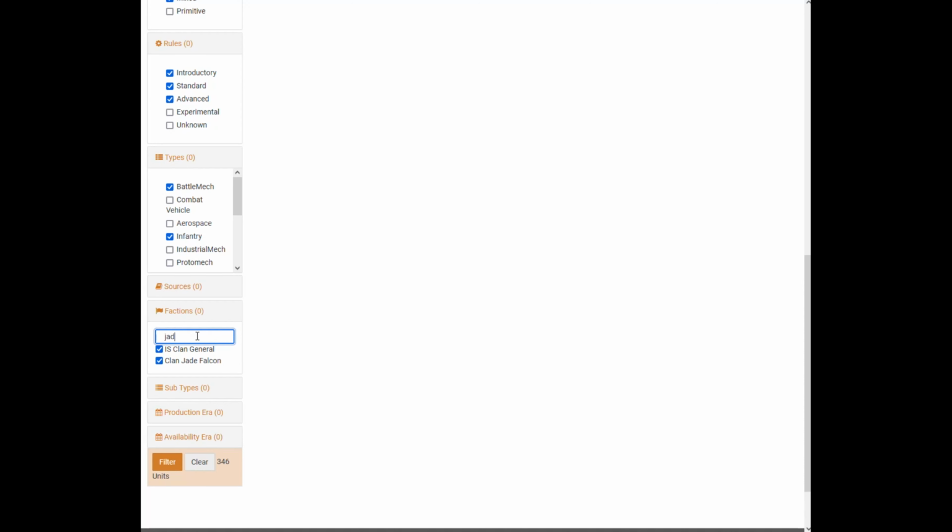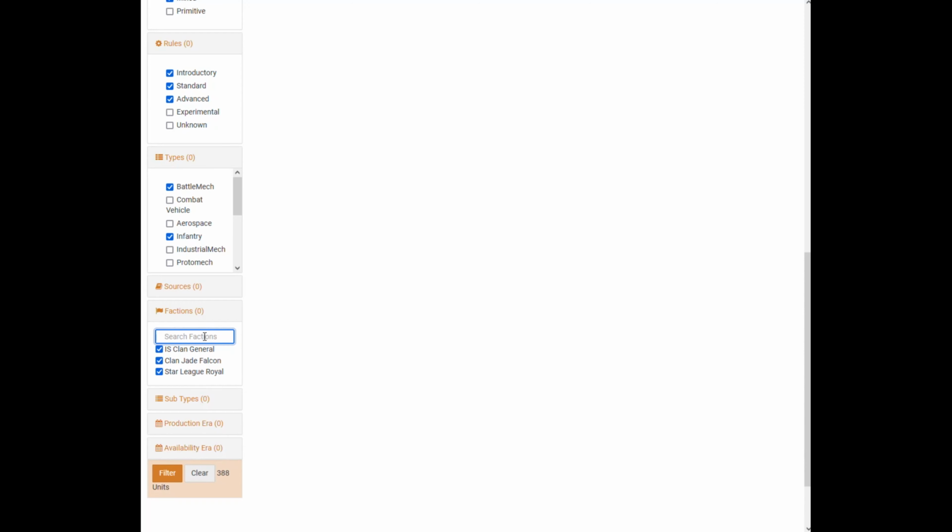Now, you did see on there where it said Jade Falcon Star League. This is farther in the timeline than we actually want to play with for this scenario. If you are so inclined to use some of the Star League designs, let's type in Star League and see what pops up. So again, we have the Star League Jade Falcon, we have Smoke Jaguar, Clan Wolf, Second, General, Exile, Regular, and Royal. Royal is going to be one that we're going to include. We're also going to include regular if you are inclined to use the